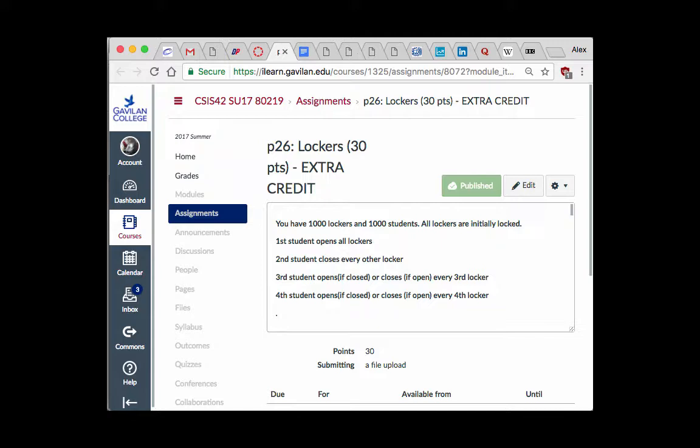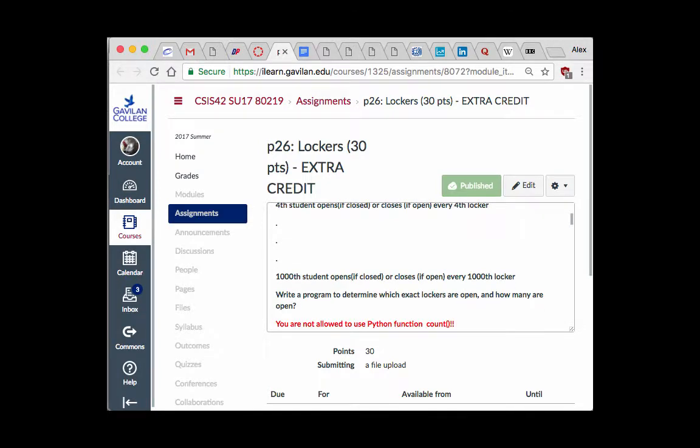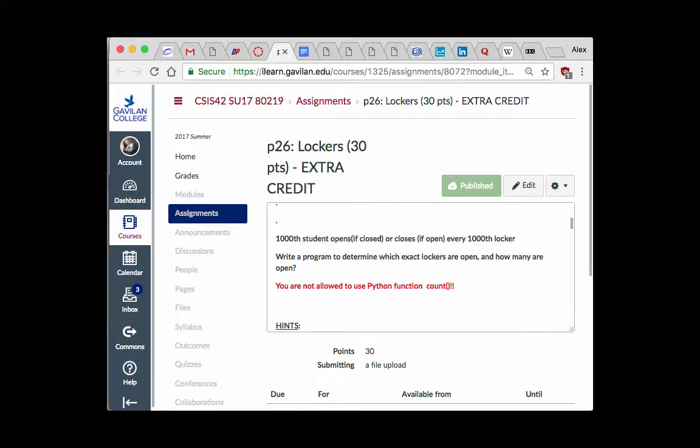All right? So the problem is this. You have 1,000 lockers, 1,000 students. All lockers are initially locked. First student opens all the lockers. Second student closes every other locker. Third student opens if it's closed or closes if it's open every third locker. Fourth student does the same thing for every fourth locker, fifth, and sixth, and seventh, all the way to the 1,000 students, right? And the question is, which exact lockers are open when it's all done, and